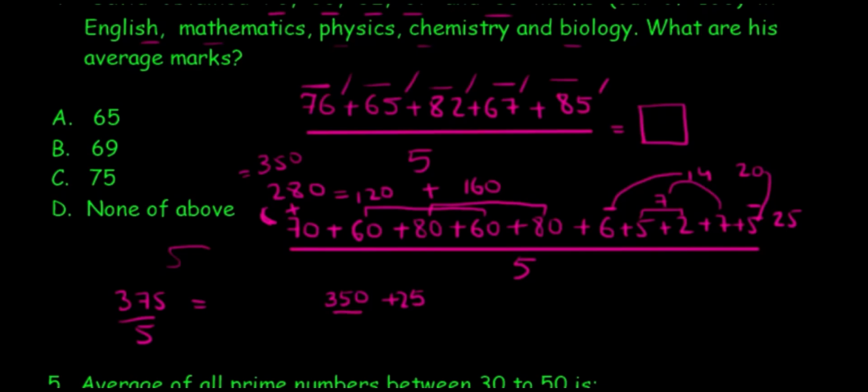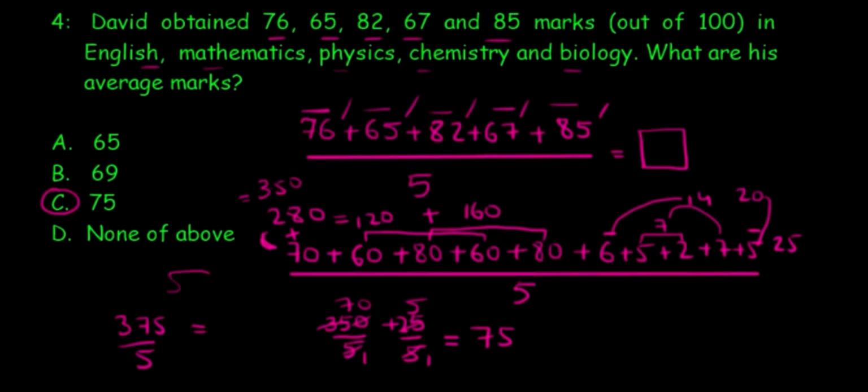And then dividing that by 5 would take me long division, most probably. So I would just leave them the way they are, split them, and divide individually, because that is so much quicker. That's 5 times 1, that's 5 times 7, the 0 carries on. 5 times 1, that's 5 times 5, that's a 75. That's the answer.